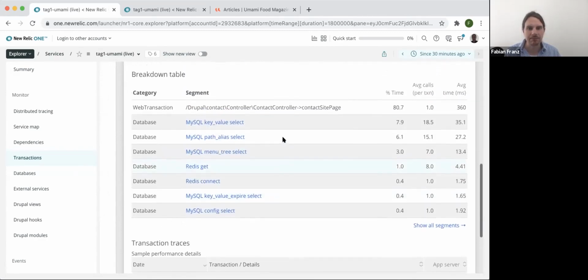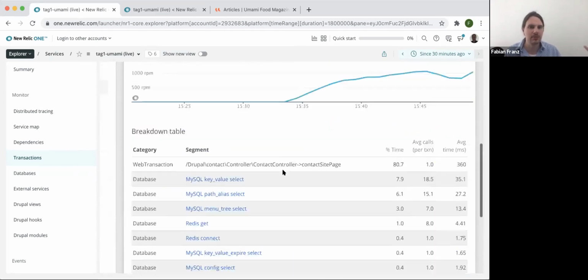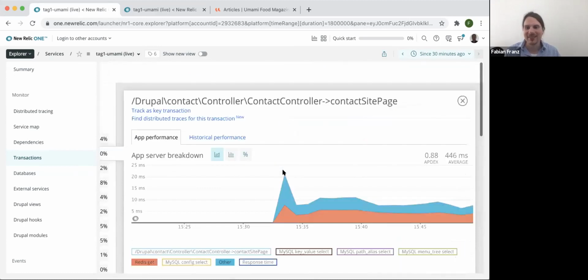So there's that. And here we see a lot of the code is essentially just PHP, where we're spending most of the time, and then the queries are negligible. But for scaling, it's much easier to scale up Redis than to scale up a database, besides just buying a bigger database, which you can do on various cloud platforms, obviously.